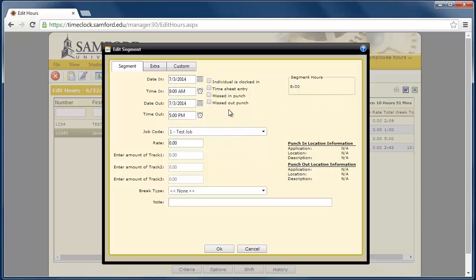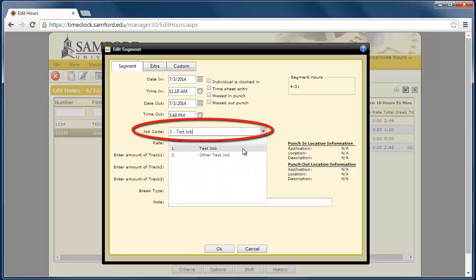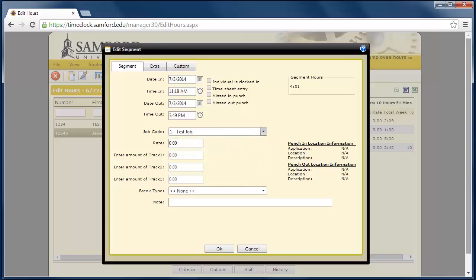We will then enter the time the student started working, choose the date the student left, and then enter in the time the student stopped working. If a student has more than one job, we should select the appropriate job code, the one that pertains to our department. The manager should enter a note stating the reason for the time change,